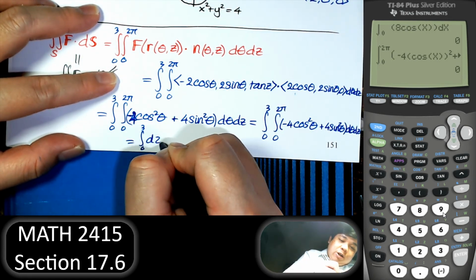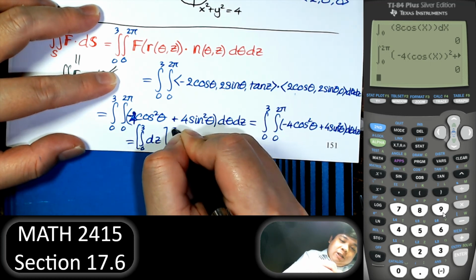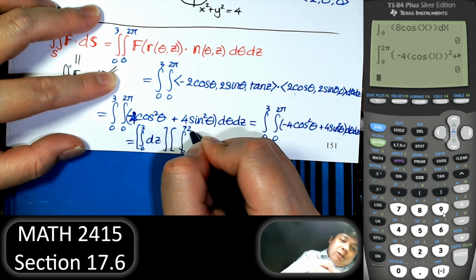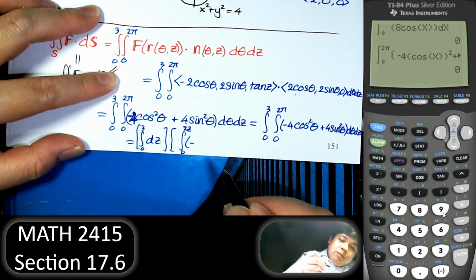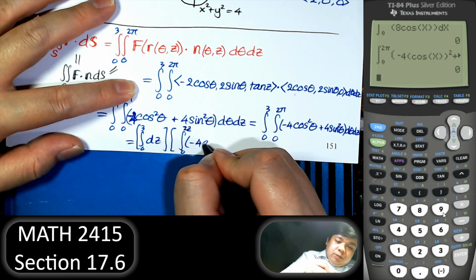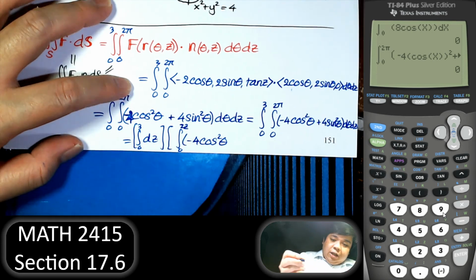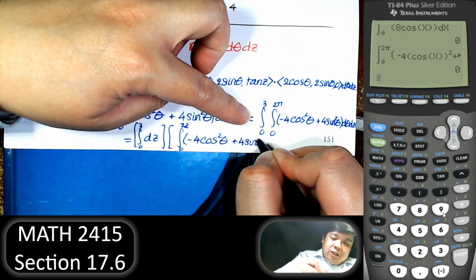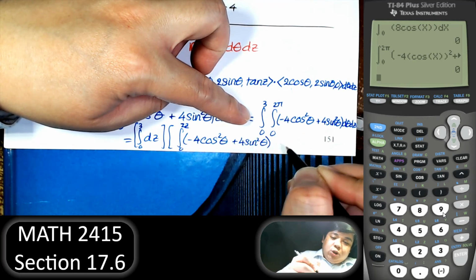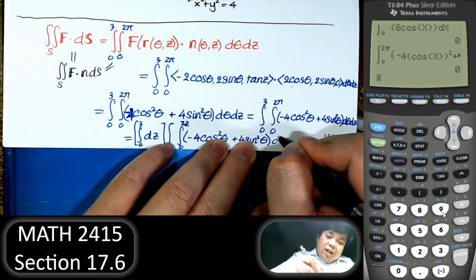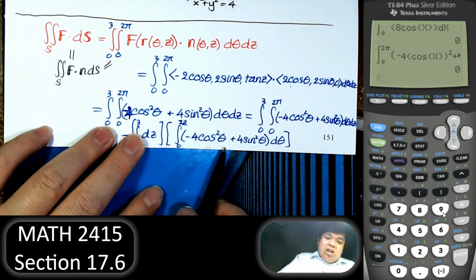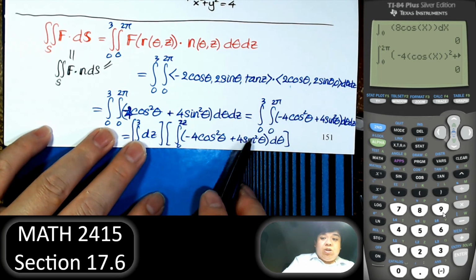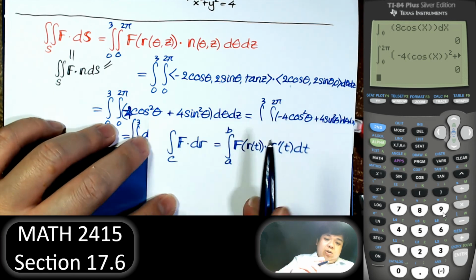So for the integral, I group the cosine squared minus sine squared, which is cosine of 2 theta, so this is equal to negative 4 cosine 2 theta, and so that integral